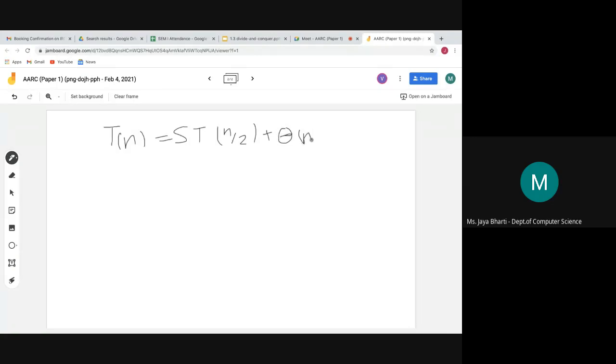Theta of n square. Okay. So when you compare, you will get the values like a is equal to 5, b is equal to 2, and f of n is equal to theta of